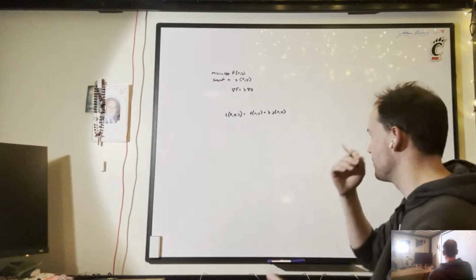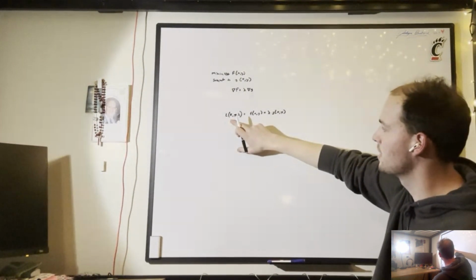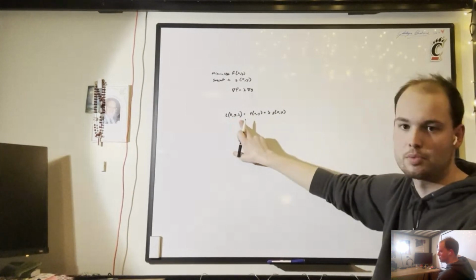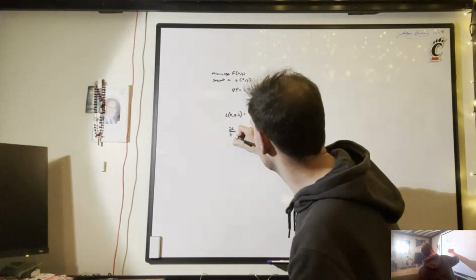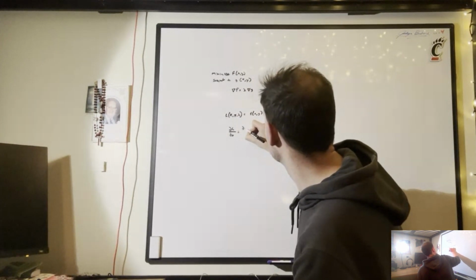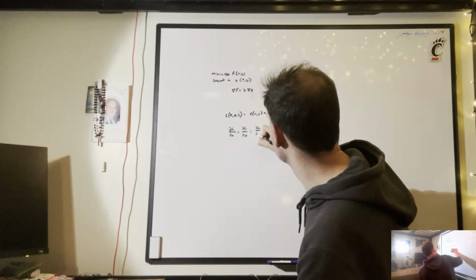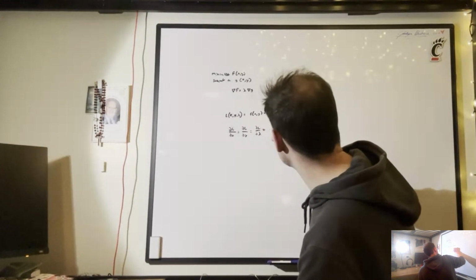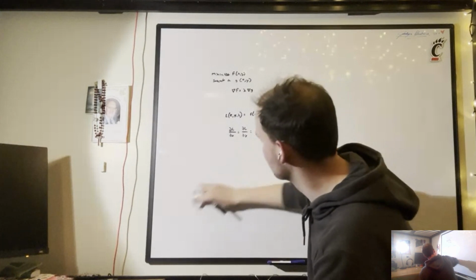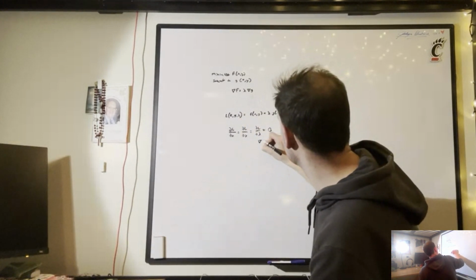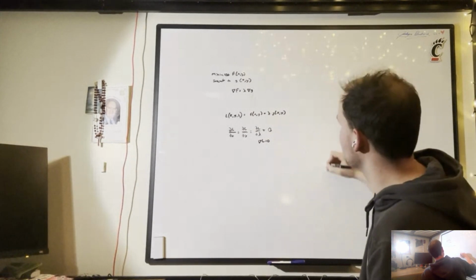Now, once this is set up, we're going to look at our gradient of L, so our partial derivatives of L with respect to x, y, and then our Lagrange multiplier lambda. So it's going to be partial of L with respect to x, partial of L with respect to y, partial of L with respect to lambda. All of these are going to be equal to 0. So the overall gradient of L is going to equal 0. And what that tells us, or allows us to determine, is that